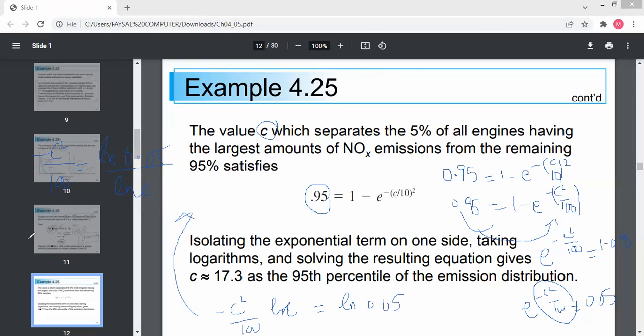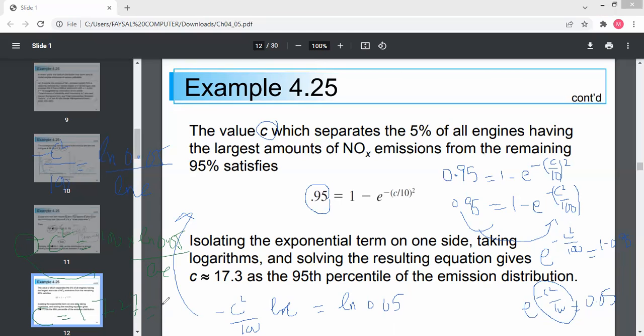So it will be negative c square equals 100 multiplied by ln 0.05 divided by ln e. So ln e will be 1. So I have to take this negative sign here. By taking the square root on both sides,